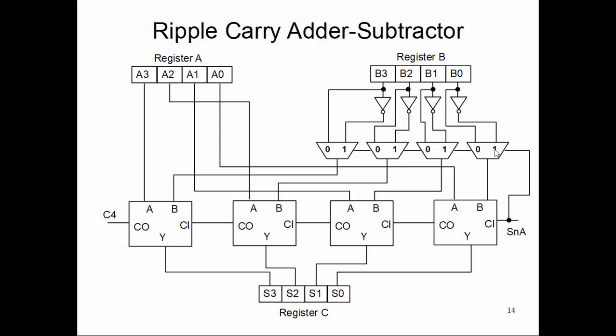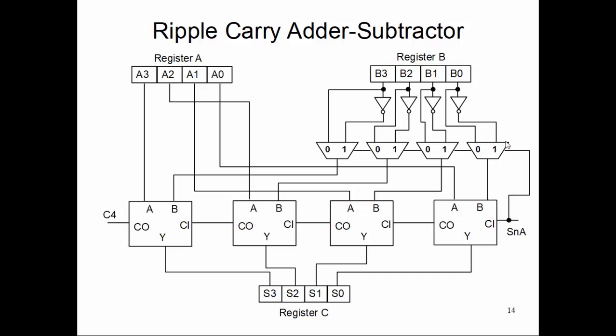So we are connecting SNA as the selection logic of all these multiplexers, and so upon 1 it should take the inverted value, upon 0 it should take the non-inverted value, and by this connection we are achieving that